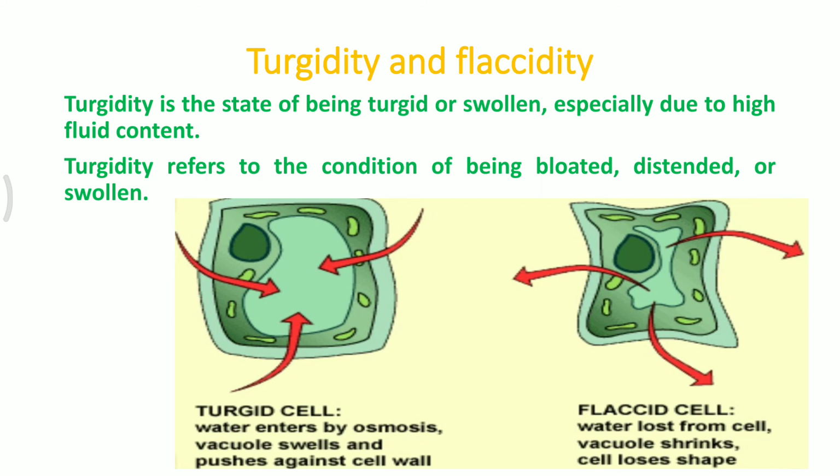Whereas in flaccid condition, it is the reverse. Whenever we put a completely swollen up or a turgid cell inside a hypertonic solution, the cell loses its water to the nearby solution because the concentration of the nearby solution is way higher as compared to inside. And the water content in the solution is way too less as compared to the water inside the cell. So the turgid cell basically loses its water from inside to outside, and as a result the shrinkage can be seen in the shape and size of any cell when it is placed in a hypertonic solution.